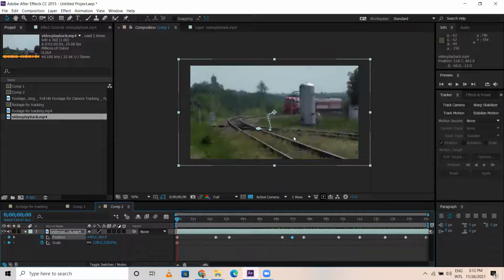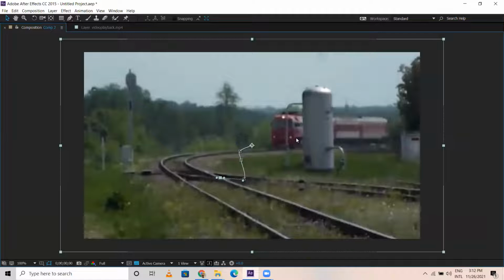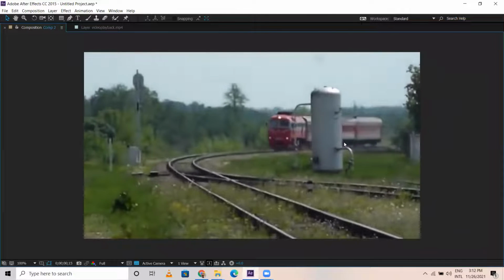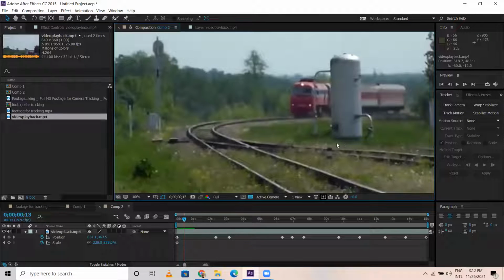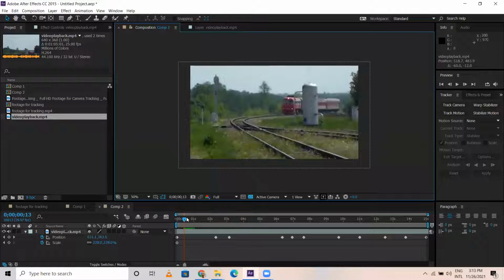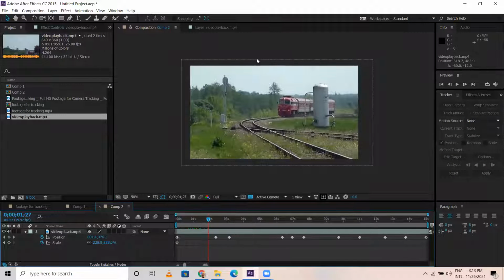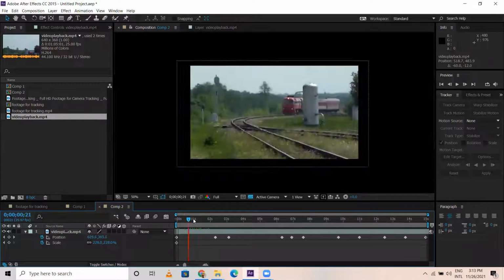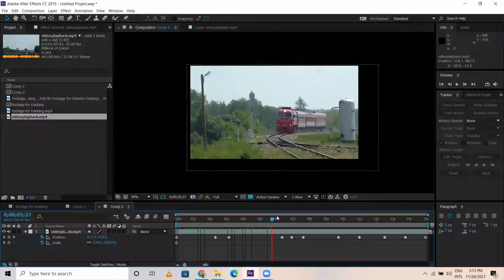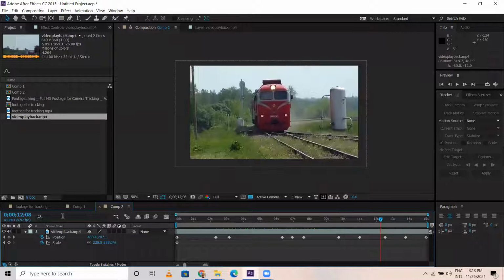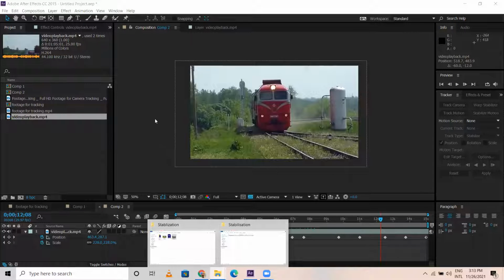Okay, now when we play this, compared to the earlier shakiness and this shakiness, there's a huge difference. Just observe the shakiness, the outer footage is doing now. Okay, so this is the before and after. This is the after output. Before is this one.